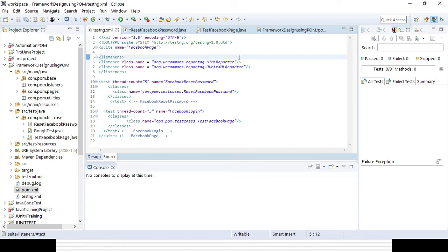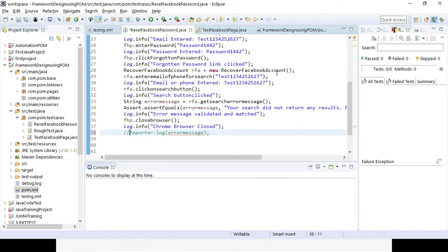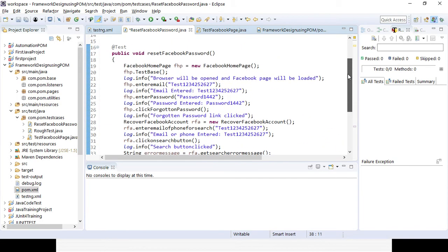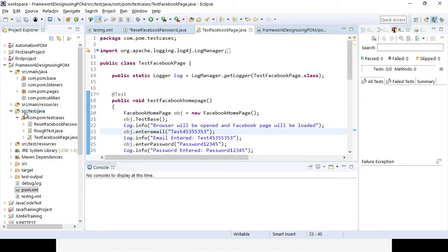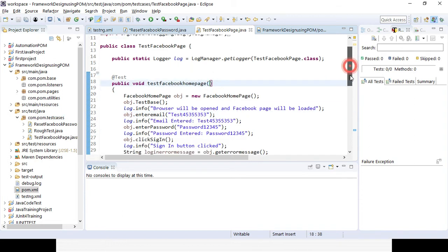After adding, for one test case we added some steps for the report-ng report generation. This class is available in the src/test/java folder, in com.pom.testcase. These are the classes where we have kept our test cases. We have written a few steps.